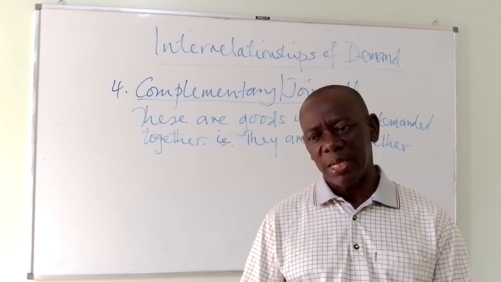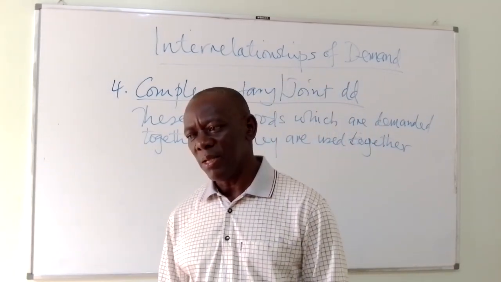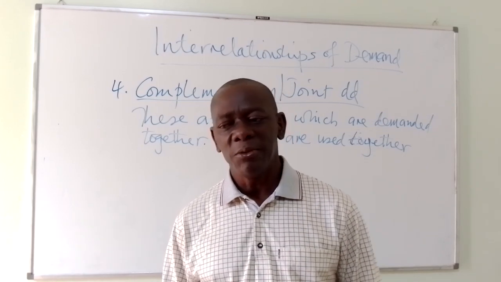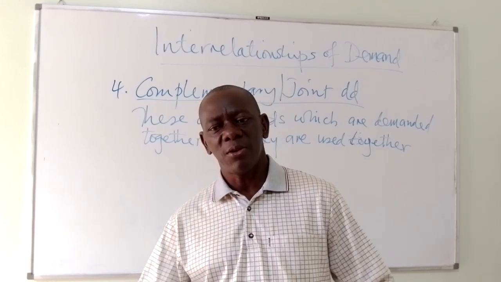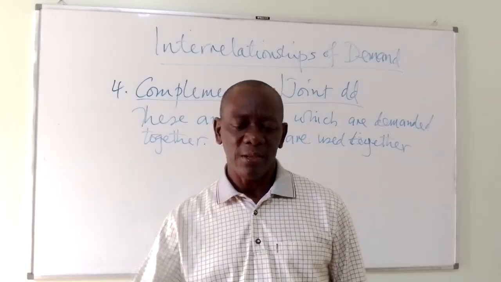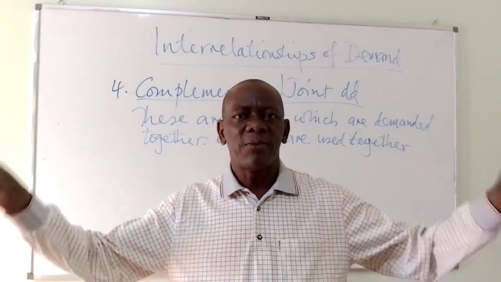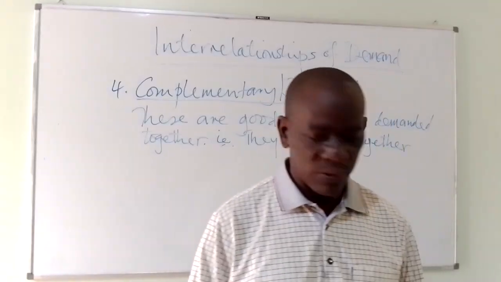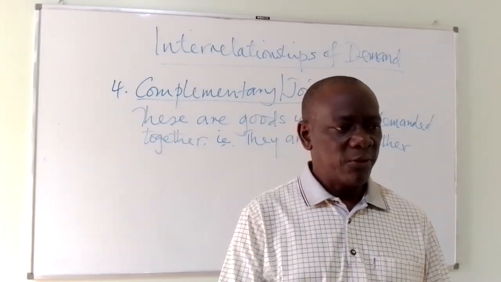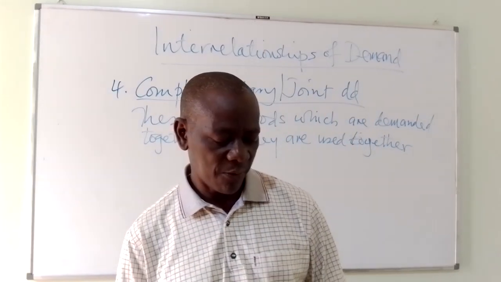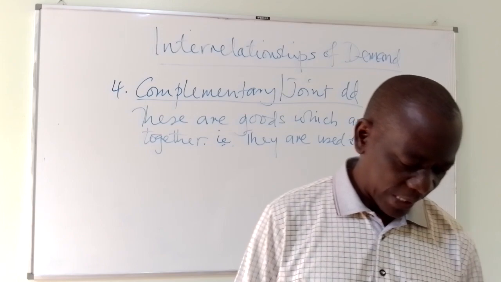I said with modernity, now torches, if you tell a modern child today, he will tell you we don't even know what dry cells are, because torches are rechargeable. Just put in the electricity and it works for some time without seeing the use of dry cells. But in the past, there is no way you could have a torch working without the presence of the dry cells. So that is what we call